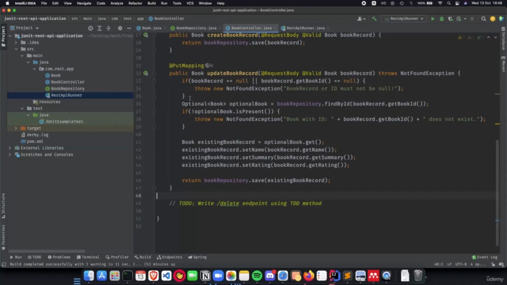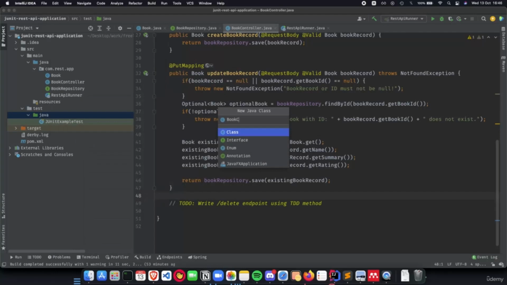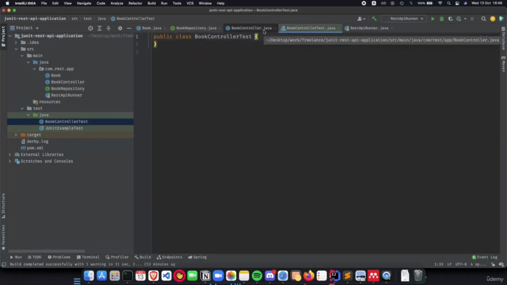So to do this, first we need to go inside test Java and create a test class. So we do new Java class and we call this book controller test, as we're unit testing the book controller class. And inside this